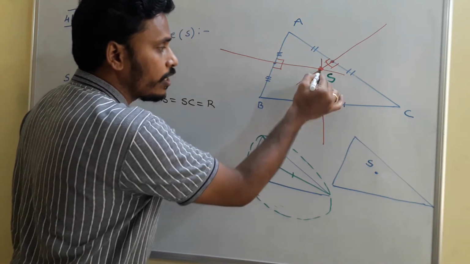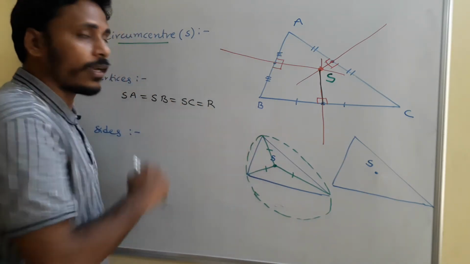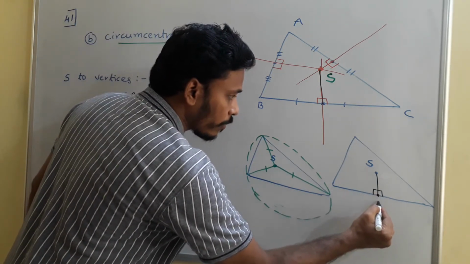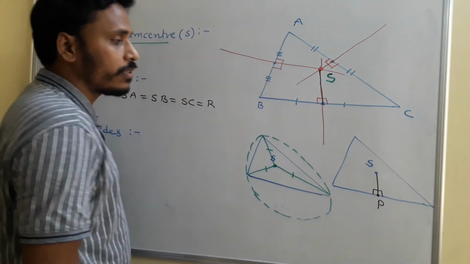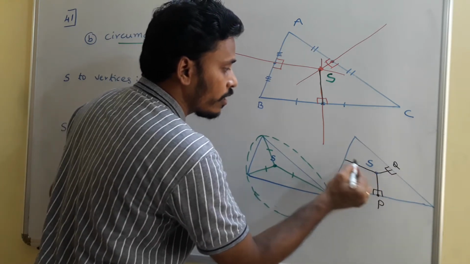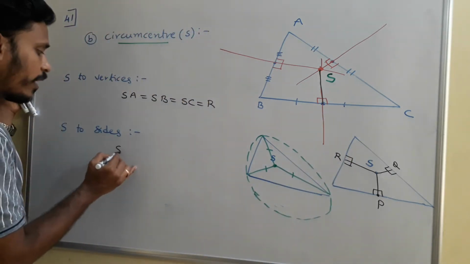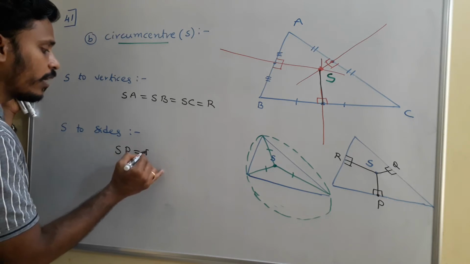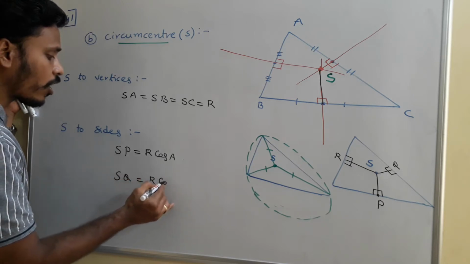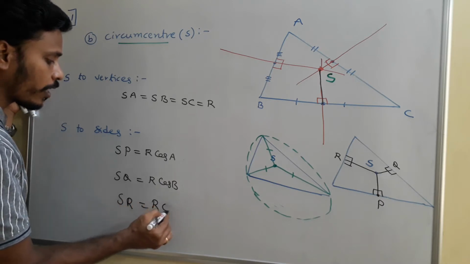Here it is the circumcenter, and what do you say about the distance from this circumcenter to the sides? What do you say about this length? Here I am not calculating that length; here I am just calculating circumcenter to the vertex, and now my idea is to calculate this length. What do you say about the distance from the circumcenter to the side BC, to the side CA, and to the side AB? The distance from the circumcenter to the side BC is simply R cos A, to the side CA is R cos B, and to the side AB it is R cos C.